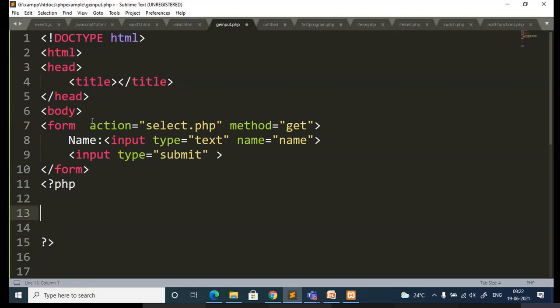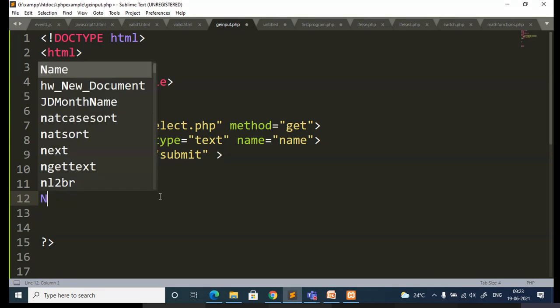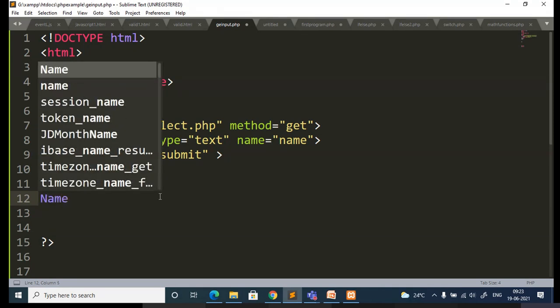In the PHP code I am going to access these elements. I'll access whatever the user has entered and print it using PHP.